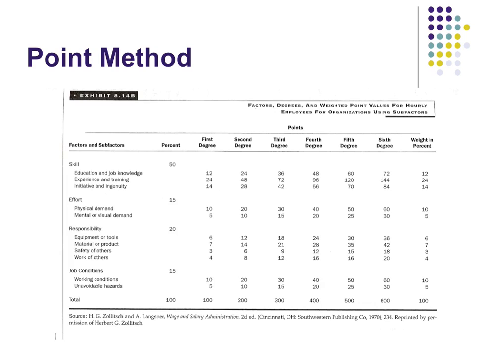The last one is our point method, and each job would get a form like this where I would go in and I would say, this job of secretary has a certain amount of skill, certain amount of education requirements, and I would circle the values attached to each factor, subfactor, and level of difficulty, which is the levels of degrees, and I would circle what would be appropriate based on the descriptions, and then I would add up all the points, and I would come up with something between 0 and 600. 600 in this situation being the highest points you could earn.